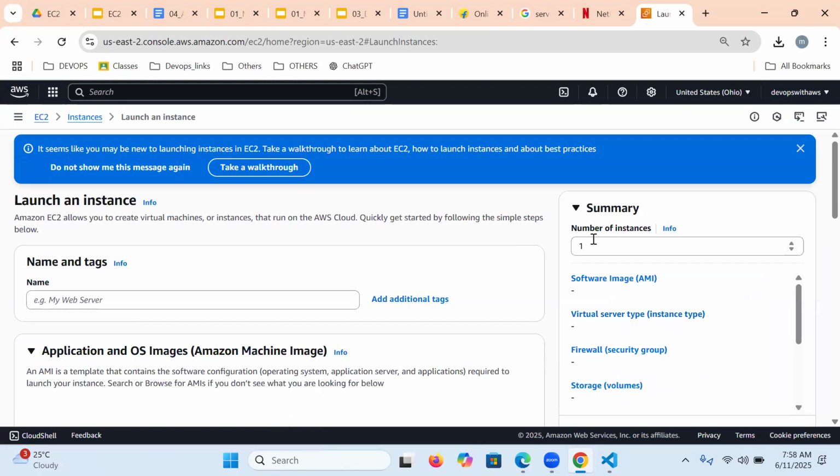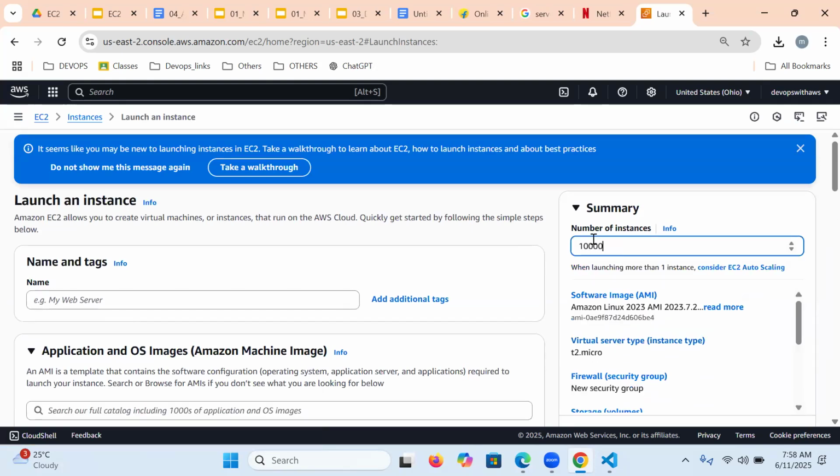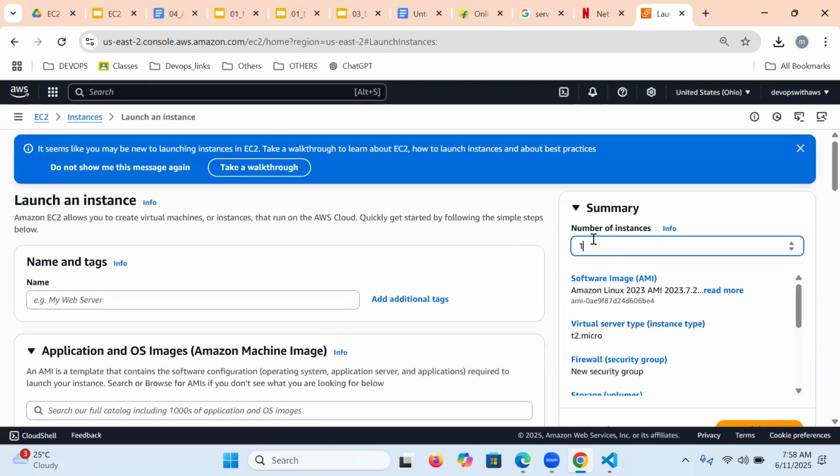And the instance count, how many, guys, please? 1 or 2, 4, 5? Yeah, as much as you require. But as of right now, as a beginner on the free trial, please choose only one instance at a time, to avoid a paid amount. Please choose one machine, one server is enough.